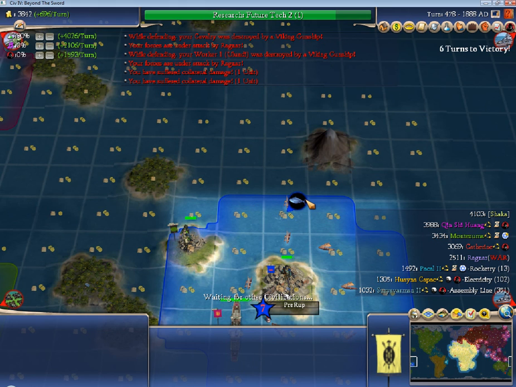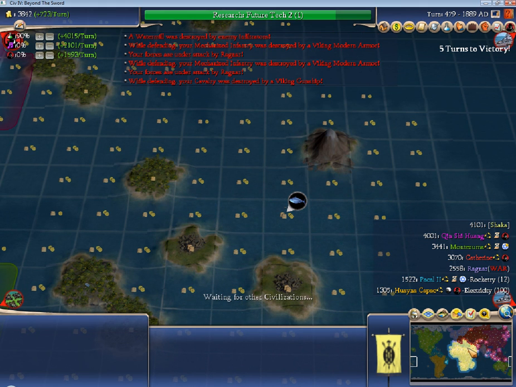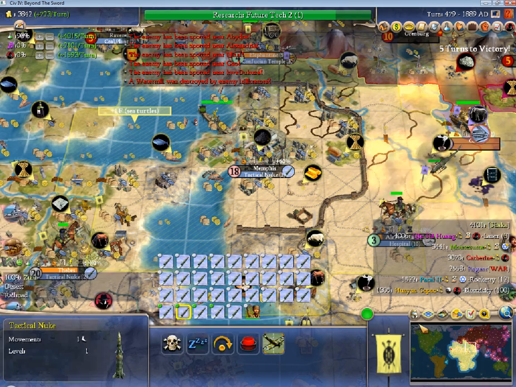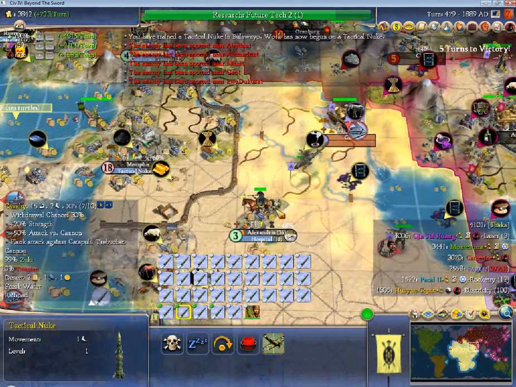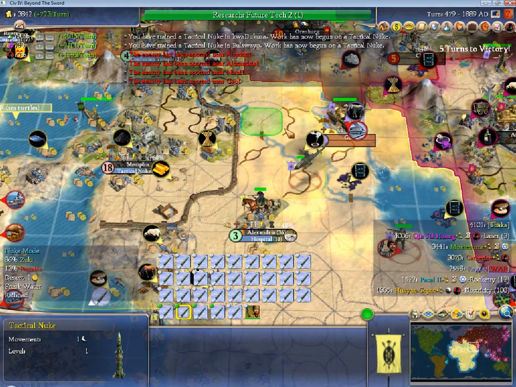Oh, there we go. Cross another civ out from existence in this world. I self-vote. Ah, well, they just did that again. Fortunately, we can reach, so...